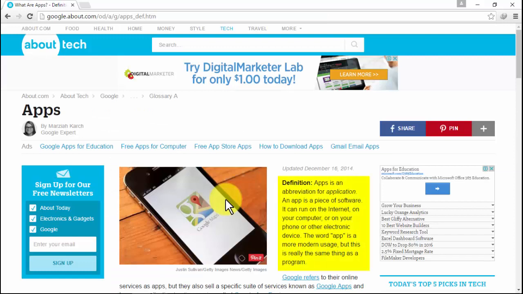About.com teaches us that apps is an abbreviation for application. An app is a piece of software. It can run on the internet, on your computer, on your phone, or other electronic device. The word app is a more modern usage, but is really the same thing as a program designed to fulfill